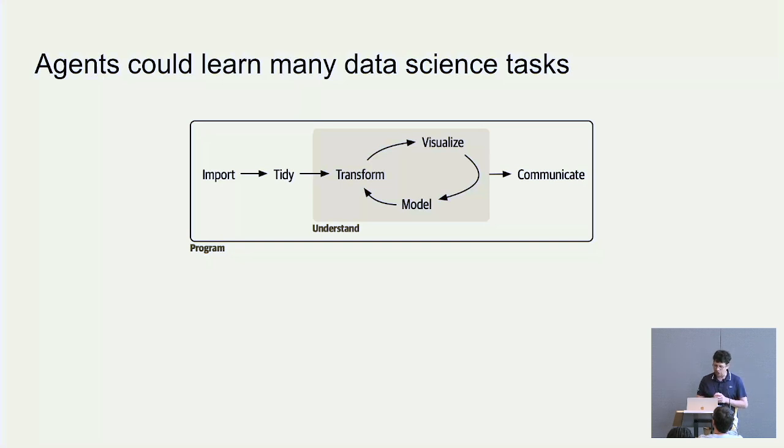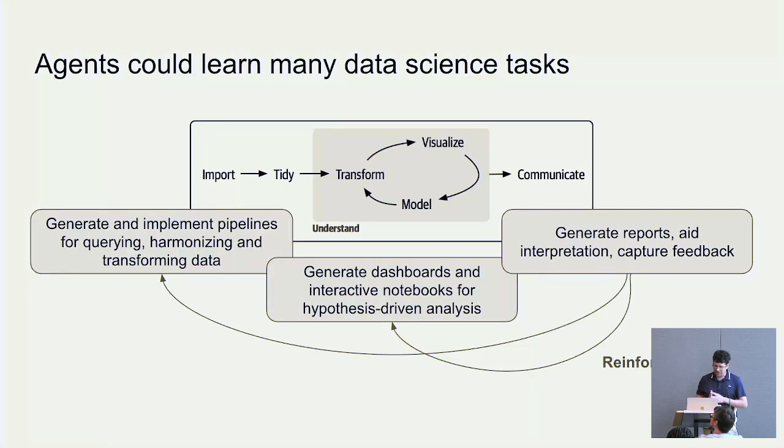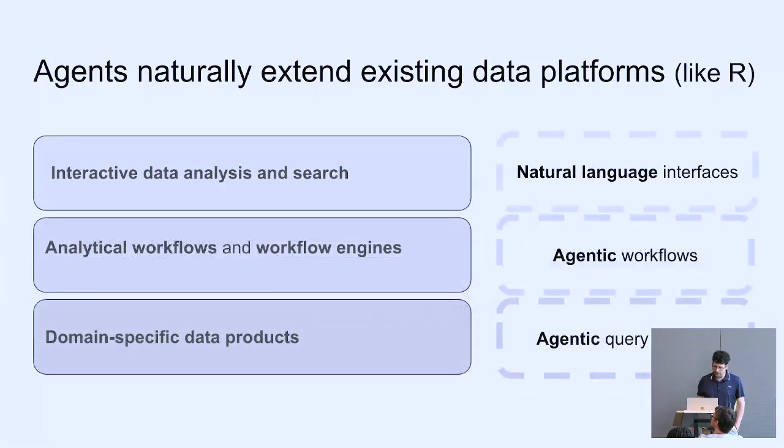this paradigm here, you can see how there are a lot of things where agents can help out, right? So in terms of how you might generate pipelines, even implement pipelines for data munging, for data querying, for harmonizing data, how you might then generate workflows that perform the sort of iterative exploratory analysis, and then generate reports and summaries, allow people to ask questions about what happened, and then, importantly, even capture that feedback and use that to reinforce the way that the agent is operating. But these are the types of ways in which I think you could apply these tools, and I've even thought about it more in the enterprise context.